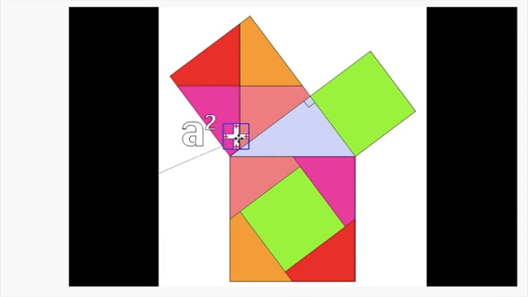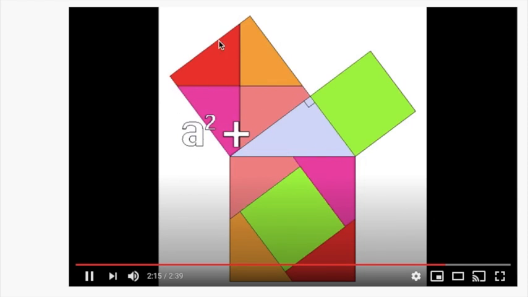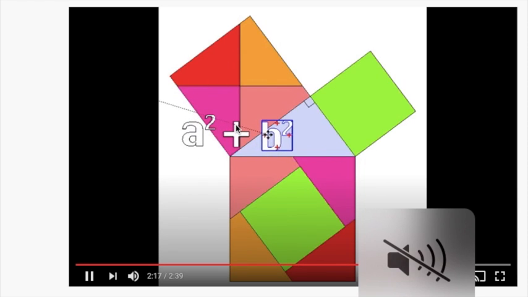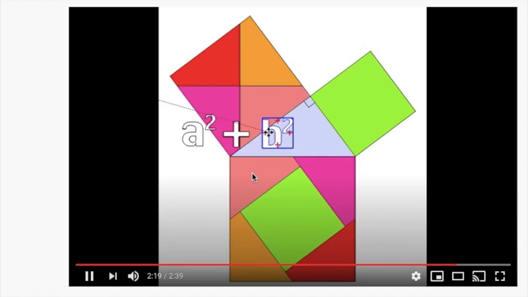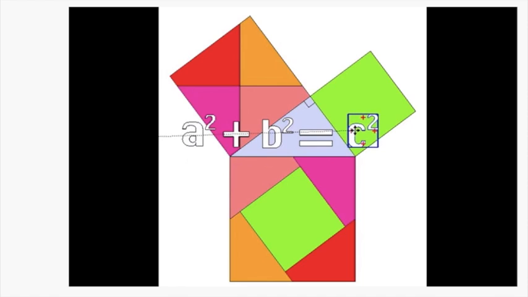So that's basically the gist of it. They took the four pieces of the a squared and they put it down here and arranged it so that the b squared could fit in nicely with no missing pieces. So it shows us that a squared plus b squared equals c squared. Alright, so hopefully that made it a little bit